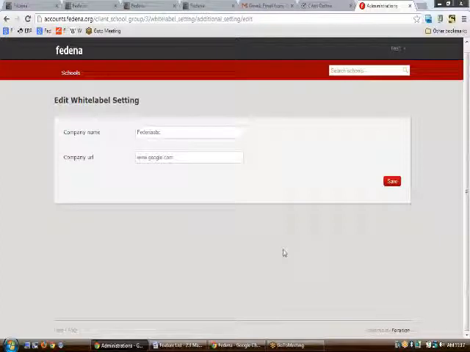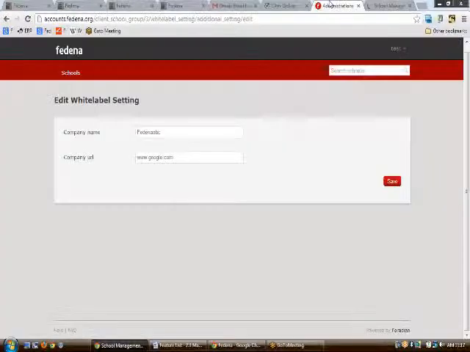When you are using this white label setting, the company name that you give will be shown in here, as I can point the cursor here, so you can see it. This company name would be highlighted here, and the company URL that you give would be set as the anchor link for it.